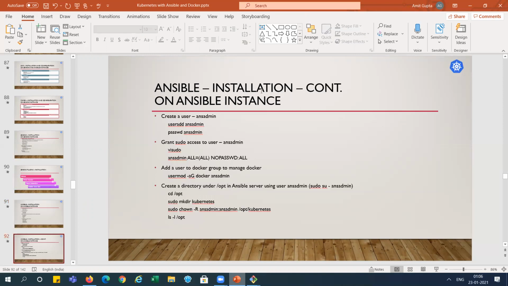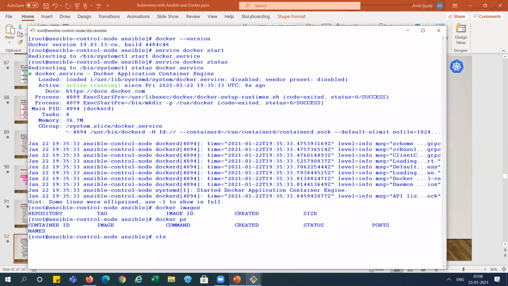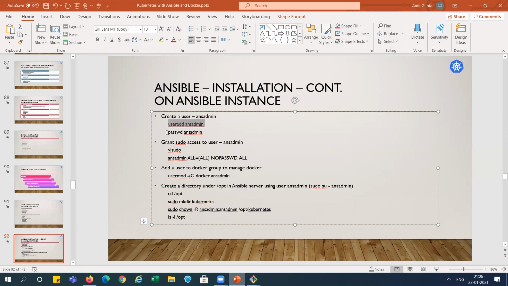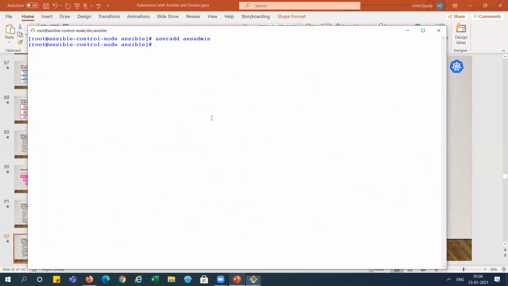Now we need to create the ans admin user. That user we will use when we create things from Jenkins, right? So this same user we will use.